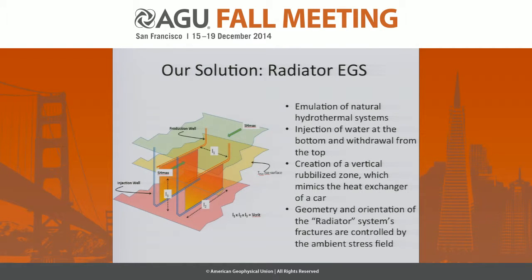We believe, as the previous speakers, that at this point it might be better to target hot sedimentary aquifers instead of basement and volcanic rock. The reason for that is we can simply see what's going on in the deep subsurface with appropriate imaging technology. So what we are proposing to do is to build an enhanced geothermal system that mimics a natural hydrothermal system. That means we are injecting cold water from the bottom and we are withdrawing it from the top. And